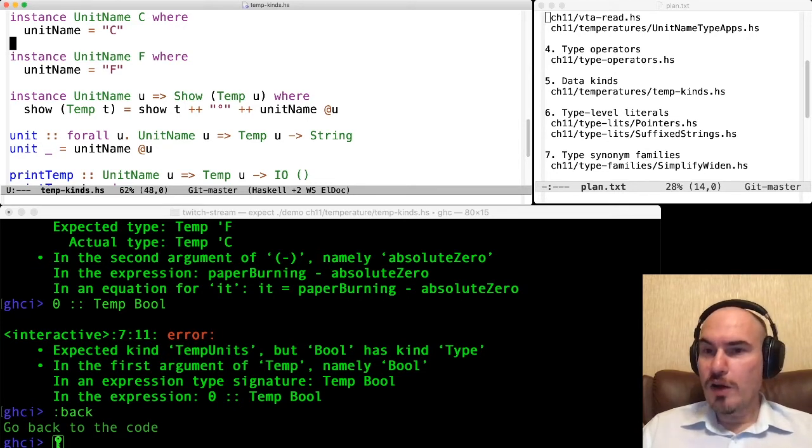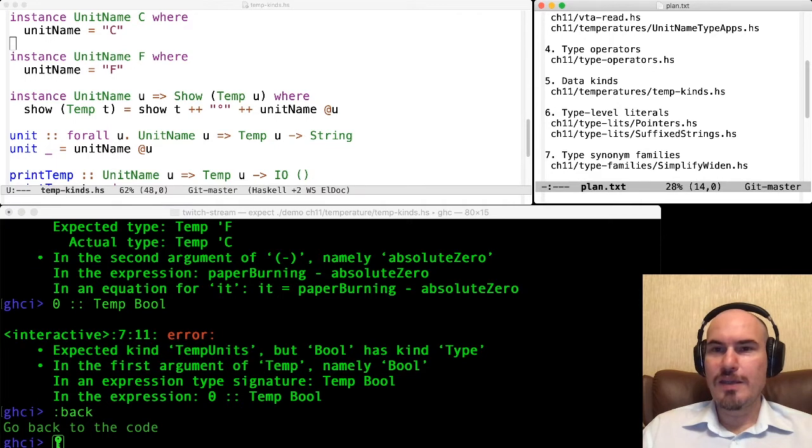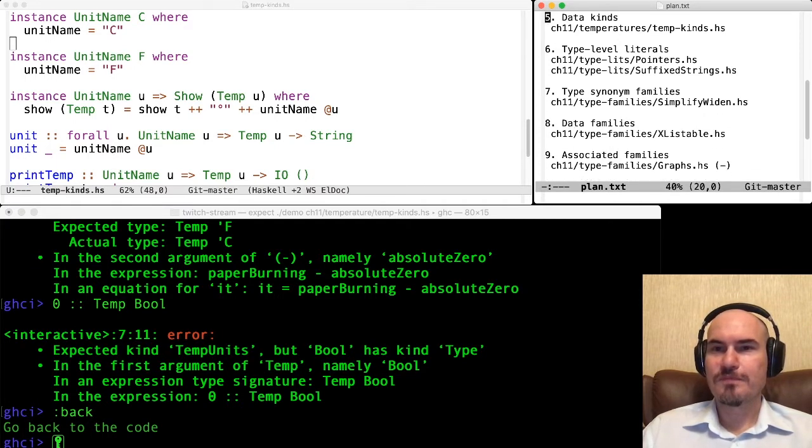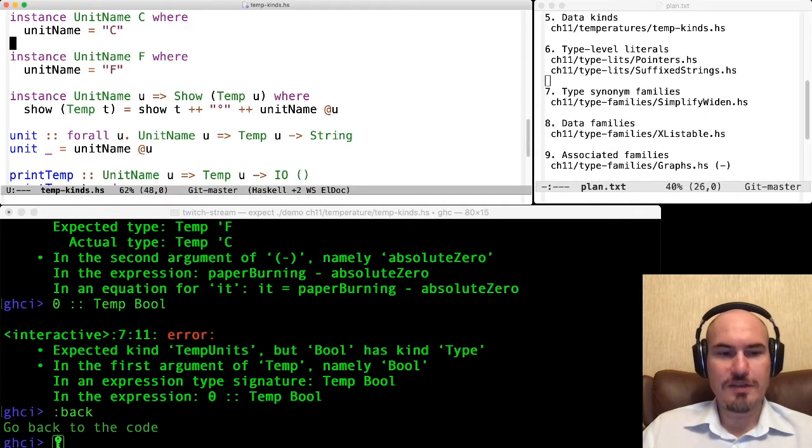And now we've got more control at the level of types. So a very nice feature. More control is always good for Haskell. So the type system becomes much richer with data kinds. And I'm going further. Type level literals.